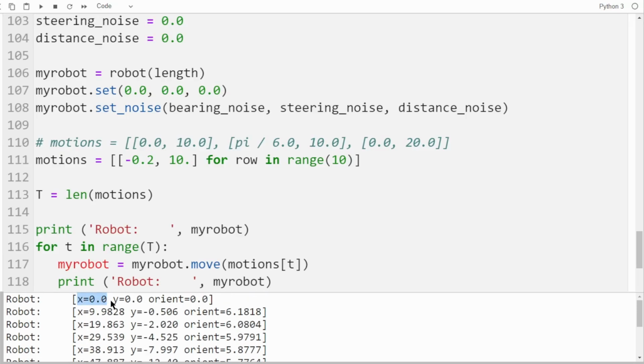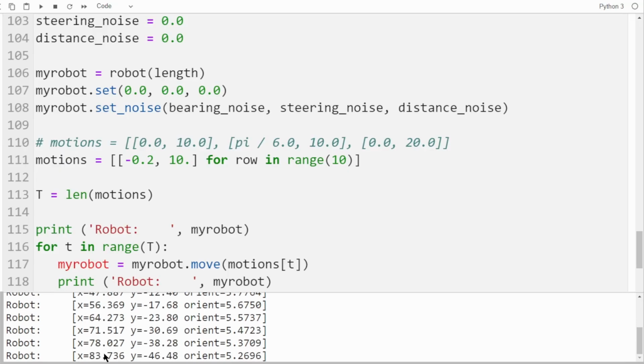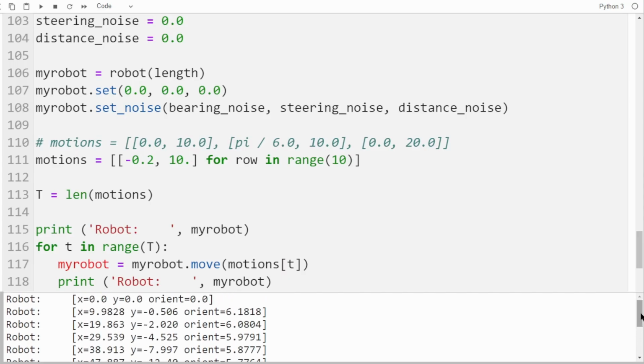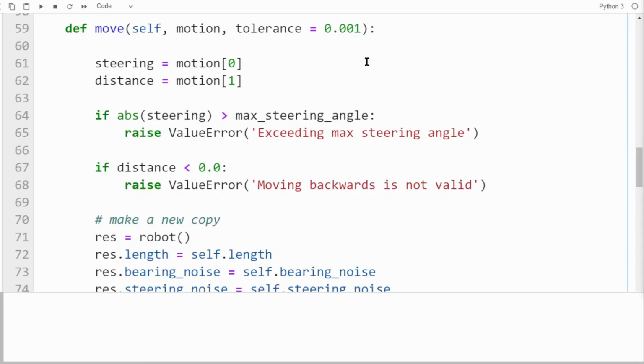Whereas initially, we add almost 10 to the x direction, almost nothing to the y direction. As we come down here, we subtract quite a bit in the y direction, because now the robot is going on a circle. So you should look at these numbers over here and see if your code matches these exact numbers that my code outputs. So here's a function move as a class function of the class robot that I implement